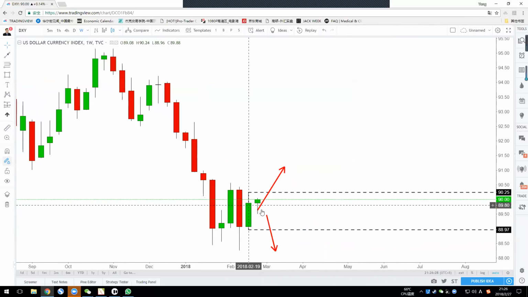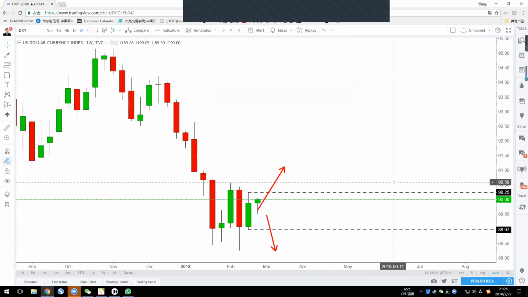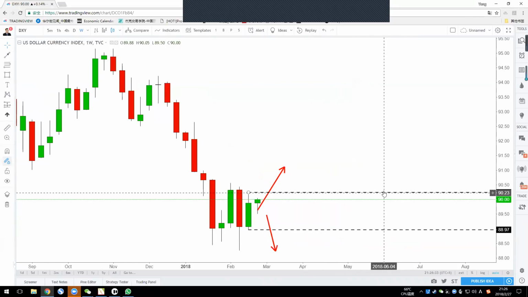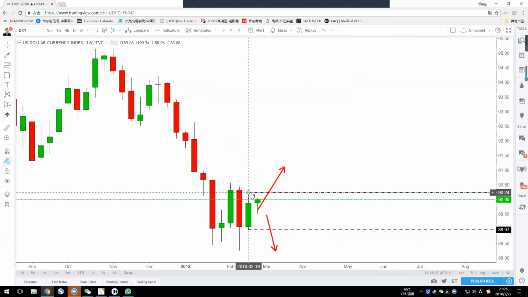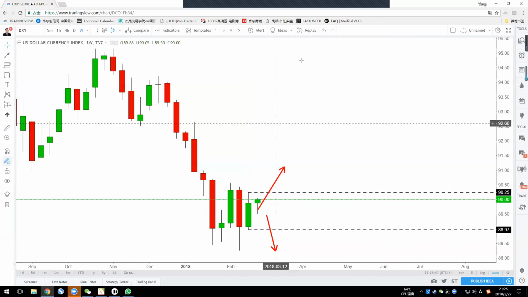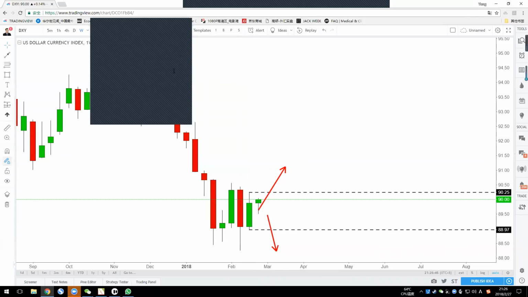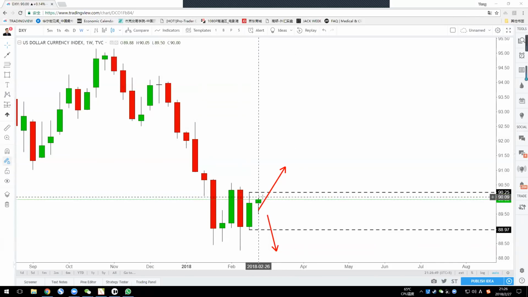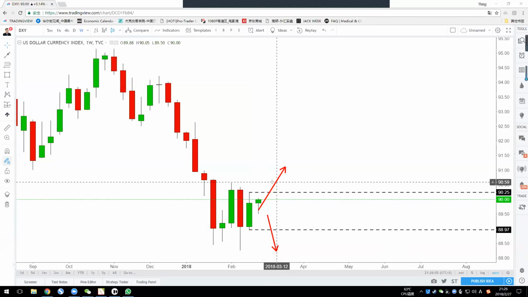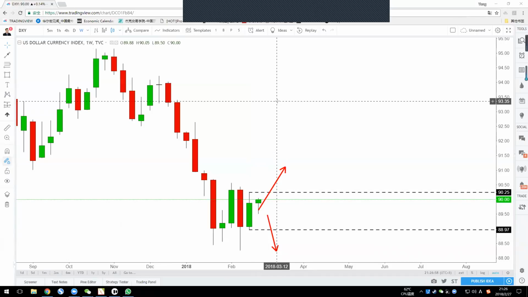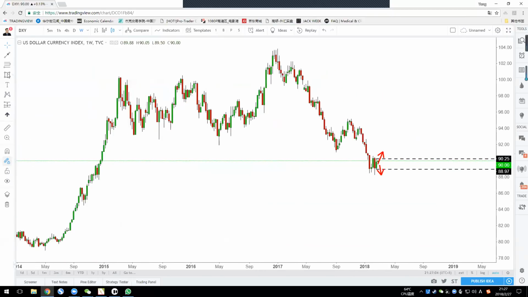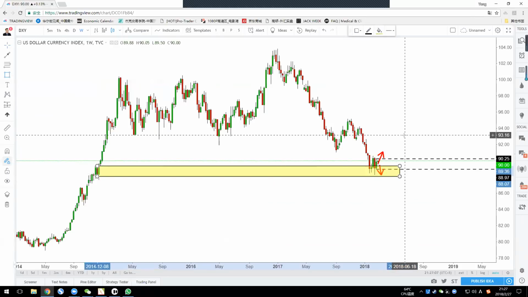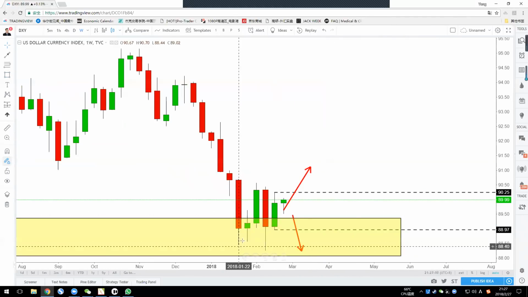If the price can go up to 90.25, hit maybe 90.26 or 28, and can break up the highest level of this inside bar, what can we do? Buy up, yes. The inside bar strategy tells you that when you see the price break a high, you can trade and put your stop loss on the other side and aim for at least a 1-to-1 or 1-to-2 ratio.